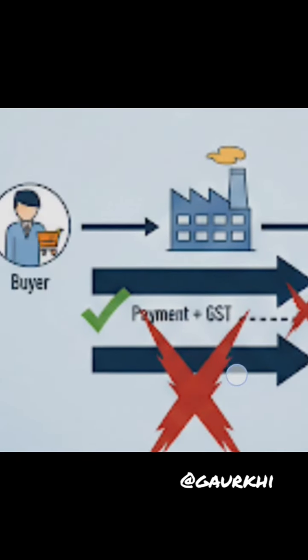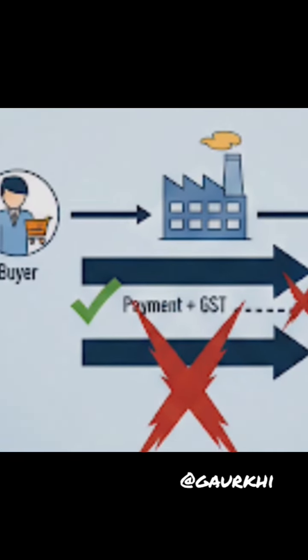So authorities asked the buyer that you have paid the tax, but the seller hasn't paid the tax. So tax has not been discharged to the government on such supplies. Therefore, you have to make the payment of such transactions. Therefore, your ITC is blocked. You cannot avail the ITC on that particular goods or services on which the supplier hasn't paid the GST